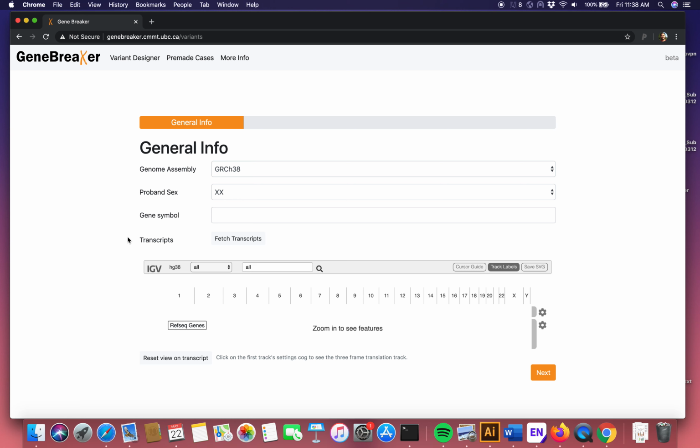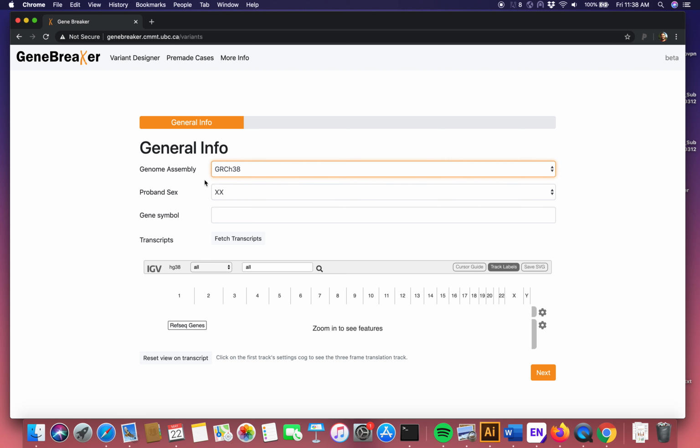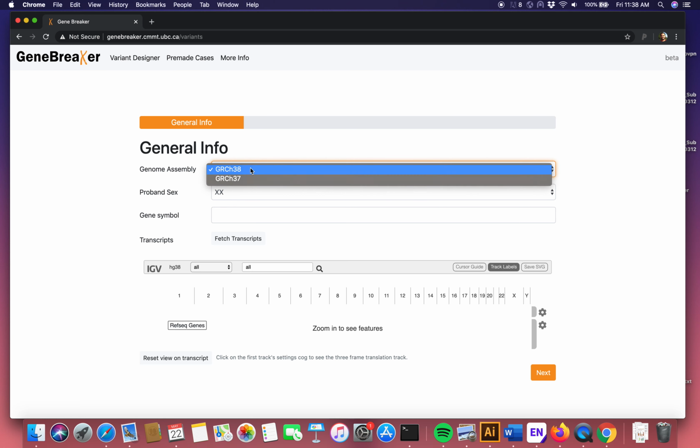So designing a variant starts off with this page where we have a few different options and then a miniature integrative genomics viewer, which right now is just showing the entire human genome. The first thing we have to select is either reference version 38 or reference version 37, also known as HG19 and HG38. We're going to go ahead and select HG38 or GRCh38 as it's the newer and arguably better reference